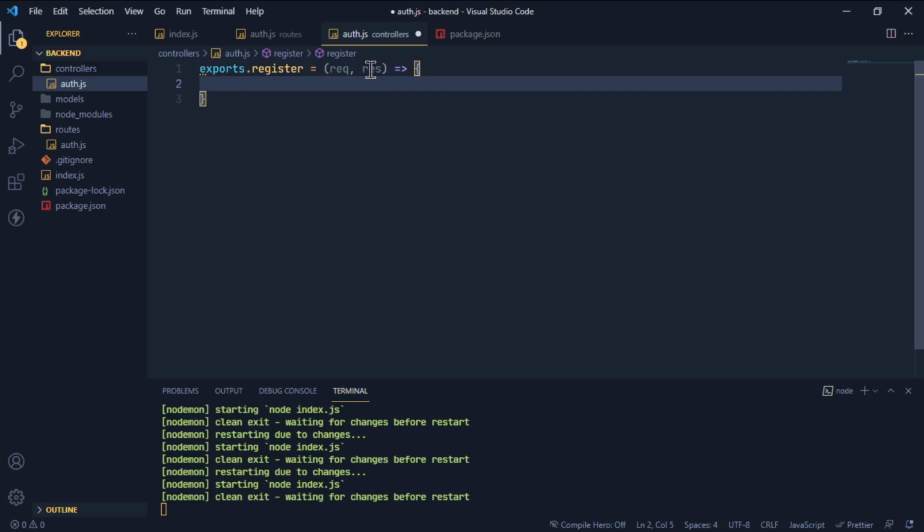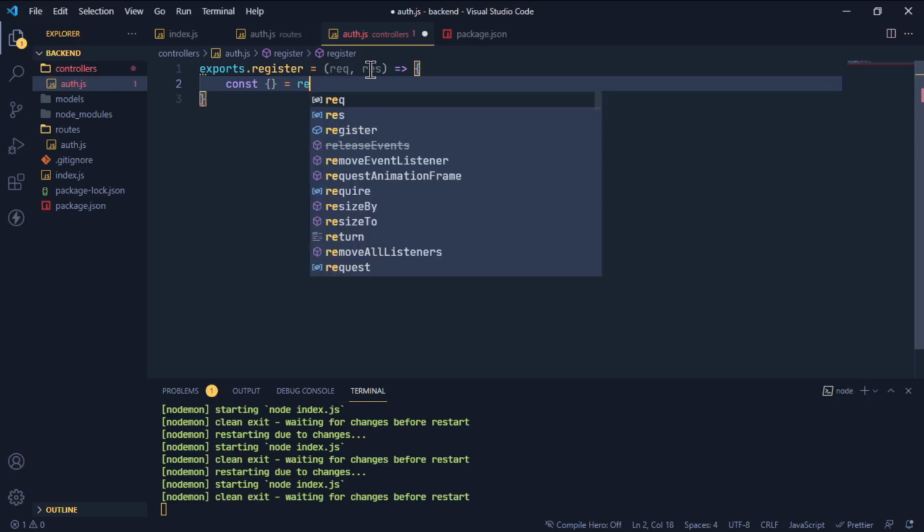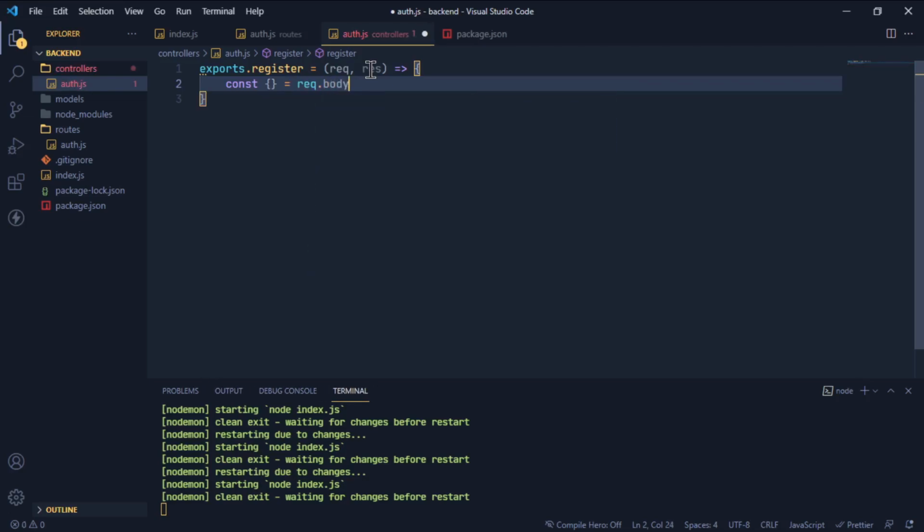Before validating the request body or anything, what I can do is directly go ahead and check how the request body is. Const. This is also the new syntax of ES6. Let me have req.body. I already explained that body content. Since this is a registration endpoint, all the content that we enter in the UI will be posted to the backend in the request body. I wanted to access that.